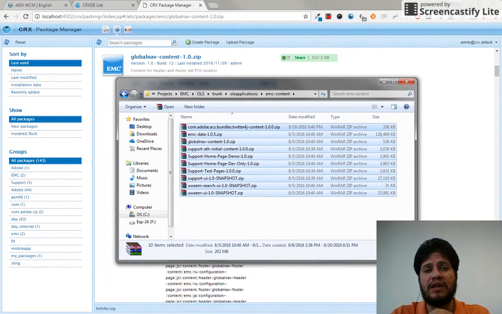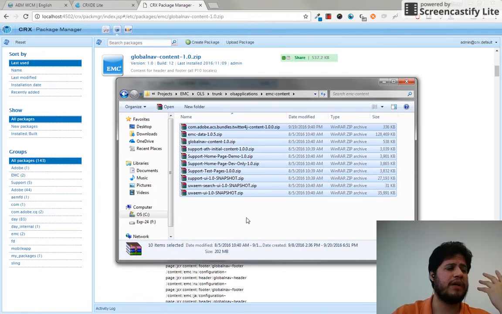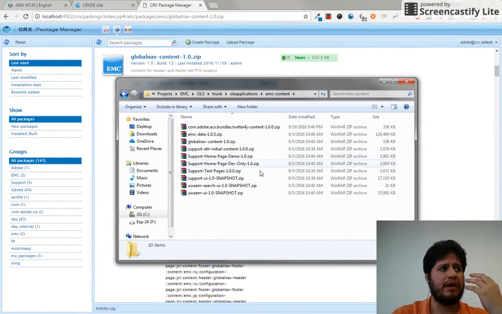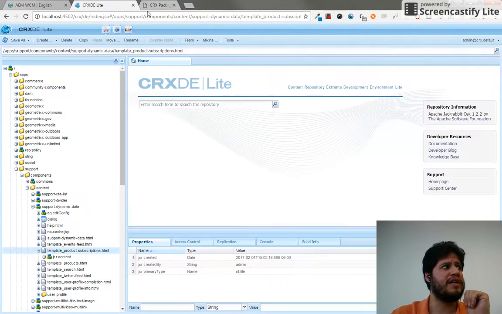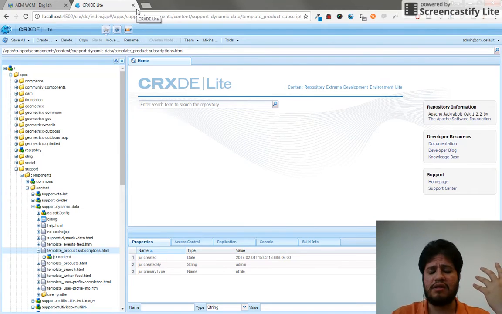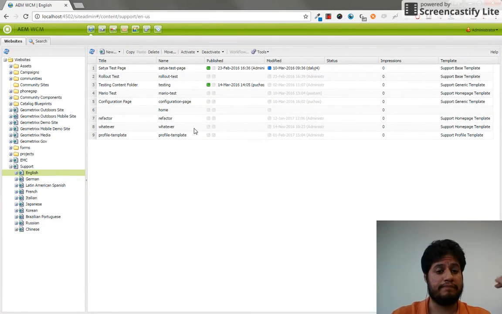Well, yeah, all the dependencies that you need, a bunch of different pages, test data, and external components that you also need, references for Java, bundles, etc. You're going to find a lot of information here that needs to be, again, installed via the package manager. So that's an important page. The CRXDE, which allows us to, again, look at everything, and our actual